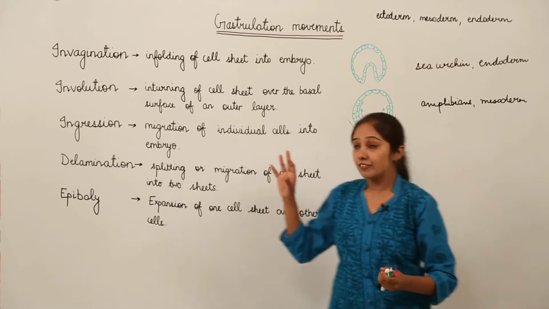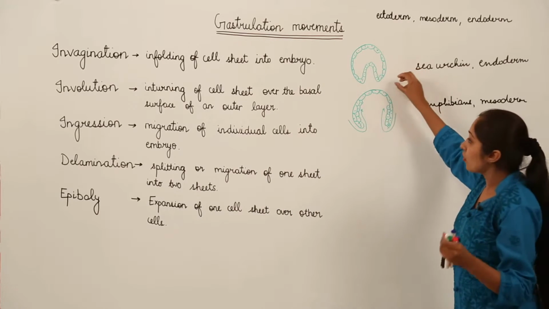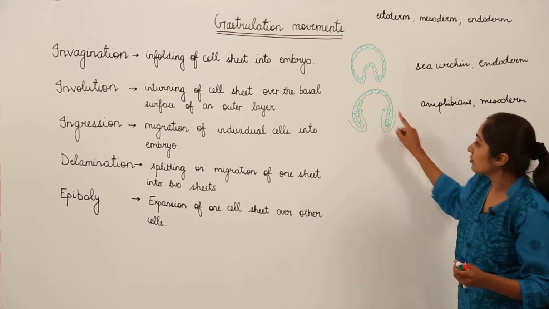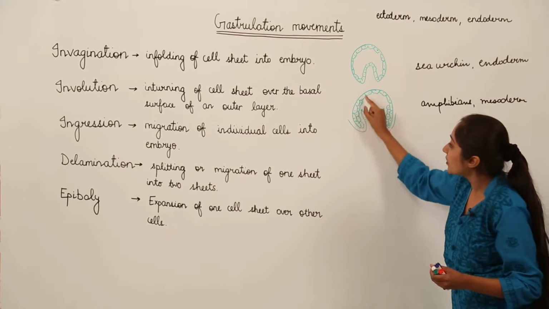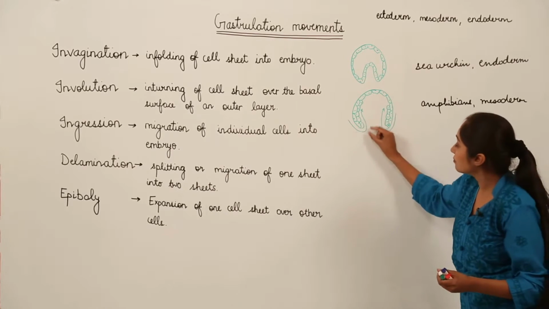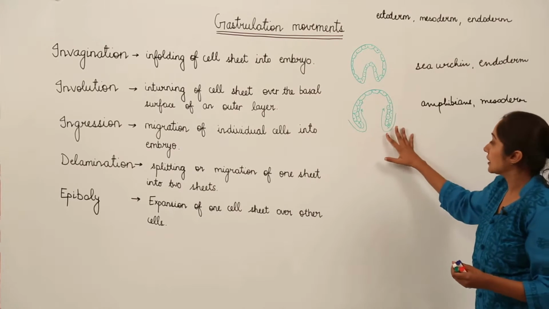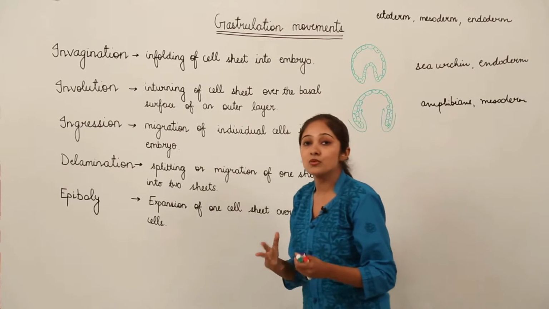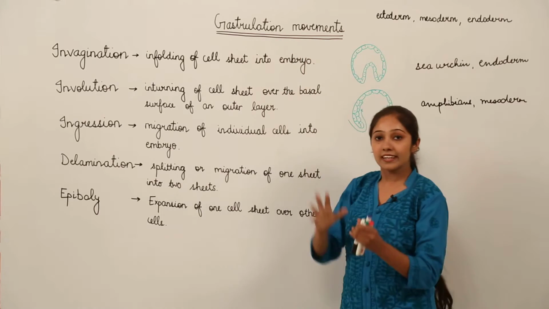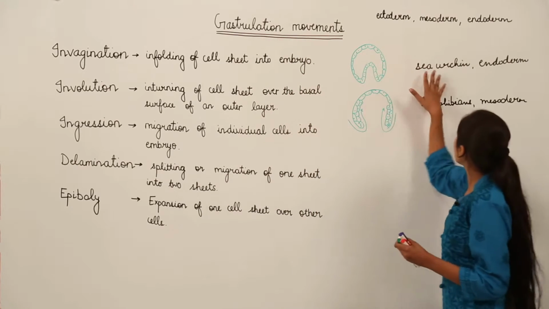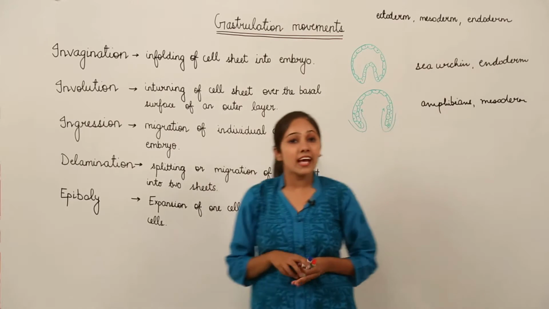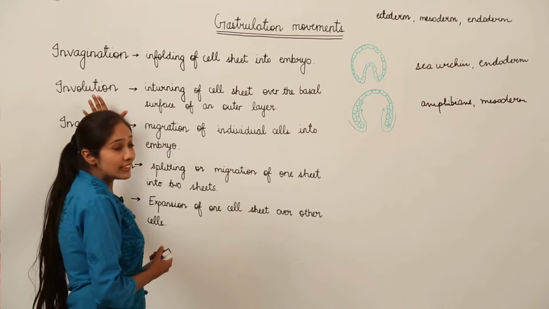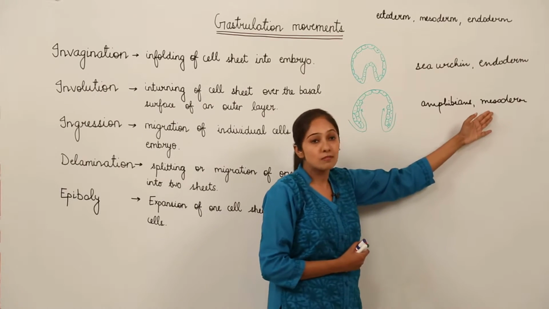You can make out what is the difference. In invagination, we have drawn that the cells are enfolding, right? But in this, there is an overlapping of this cell over this basal cell sheet. Okay, so this is sort of overlapping, that is involution. So these are the types of movements which you see, and remember that in different organisms you can see different types of gastrulation movements at different stages. In case of sea urchins, when the endoderm layer is formed, we can see the movement, that is invagination. When we talk about involution, you can see this type of movement in amphibians when the mesoderm layer is formed.